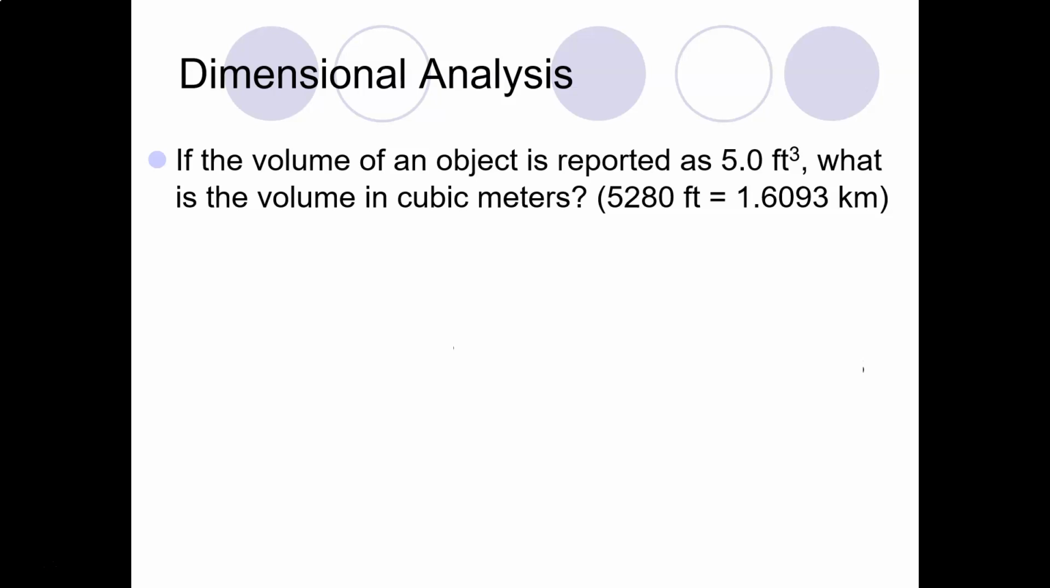Okay. If the volume of an object is reported as 5.0 cubic feet, feet to the 3rd power, what is the volume in cubic meters, which means meters to the 3rd power? And we're told 5,280 feet is equal to 1.6093 kilometers. Okay. So what unit are we solving for? Well, meters cubed. And we're starting with 5.0 cubic feet. I need a unit factor that lets me cancel out cubic feet. This is not exactly that unit factor. So 5.0 feet cubed. If I put 5280 feet,